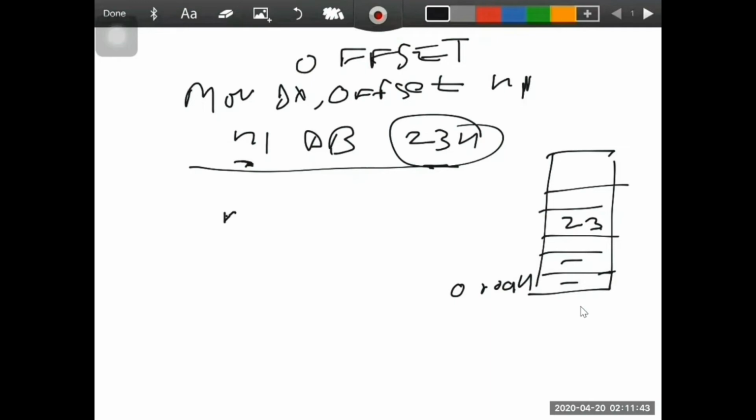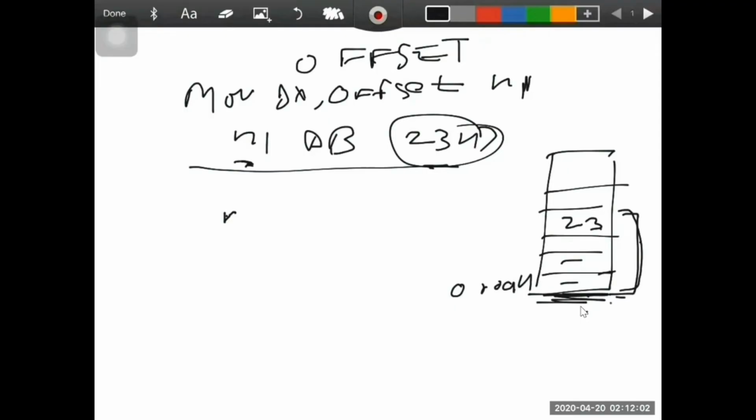Now what it will do, it will automatically find the offset value, or we can say displacement value, with respect to the base value of the data segment, right?